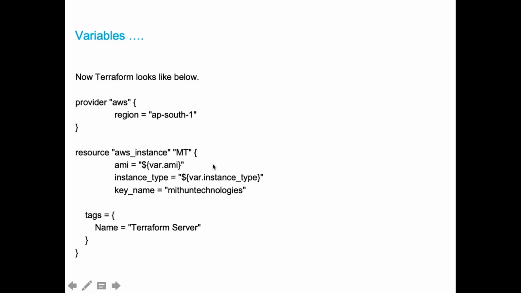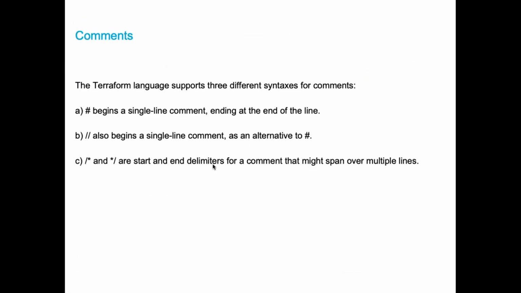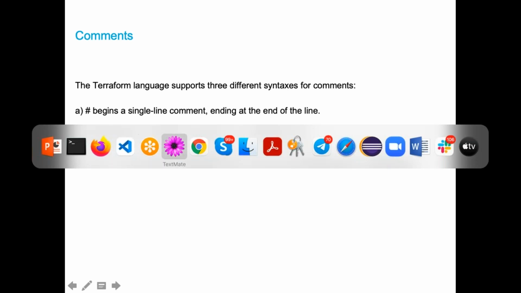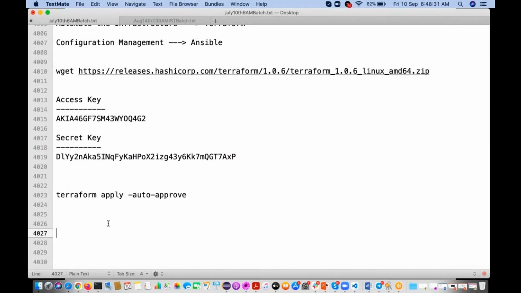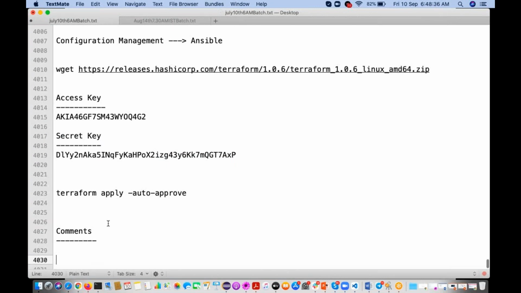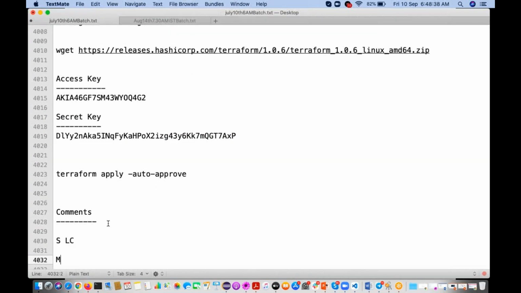So next one is comments. See, the Terraform language supports three different syntaxes for comments. Here, two types of comments are there: single line comment and multi-line comment.